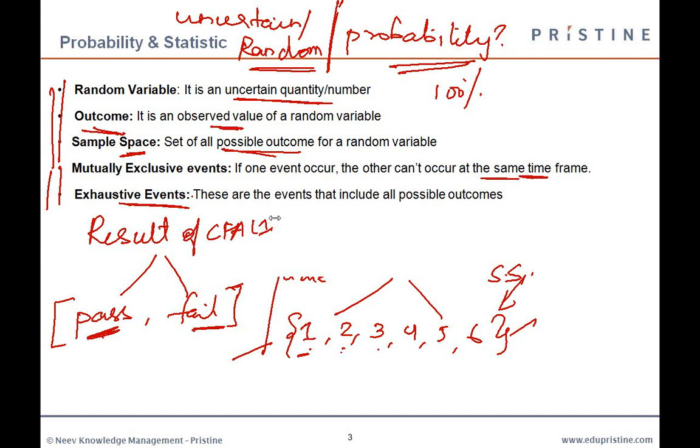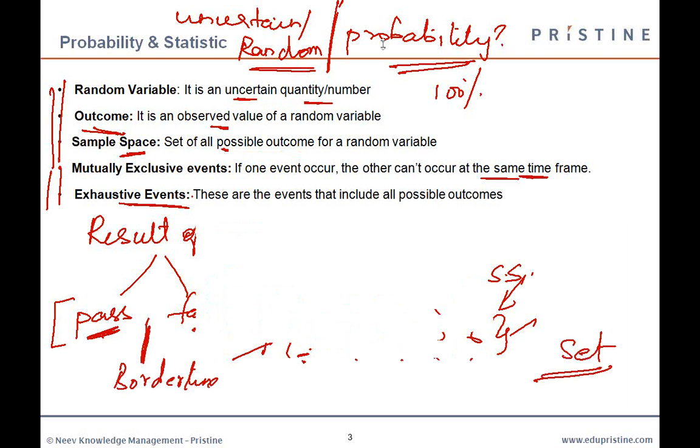As I said, your sample space is nothing but the set of all possible outcomes. It's a set which contains all your possible outcomes. So when you talk in terms of sample space, you're talking in terms of a set. Whereas exhaustive events are events which are the only possible outcomes. As I said, exhaustive events are all the events listed in a sample space. So there is not much of a difference, just that one is talking in terms of a set, the other is talking in terms of elements of a set, which are events.